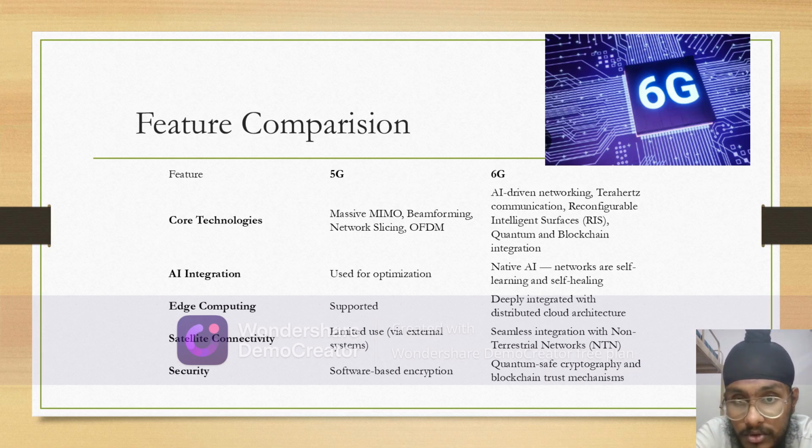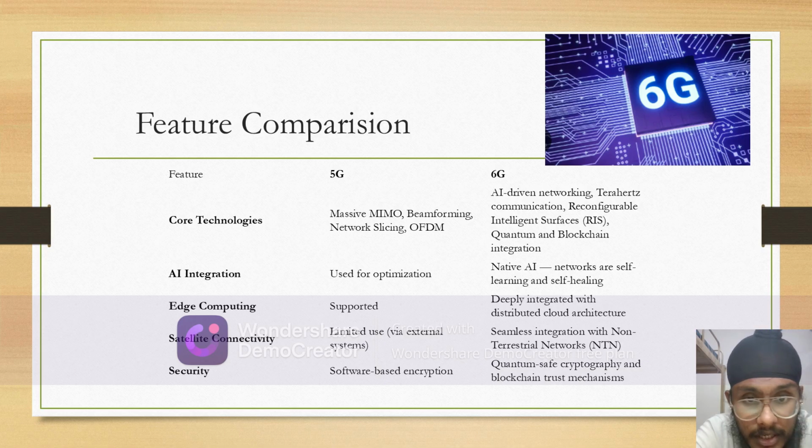And the second feature is AI integration, in which the point in 5G is that it is used for optimization, and the AI integration feature of 6G is native AI networks that are self learning and self healing. And the edge computing feature of 5G is spotty, and the edge computing feature of 6G is deeply integrated with